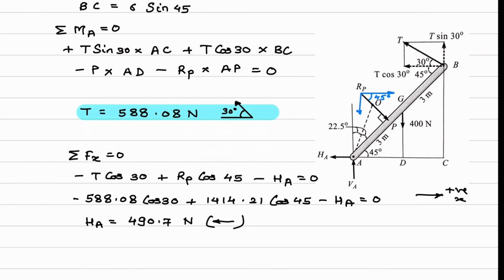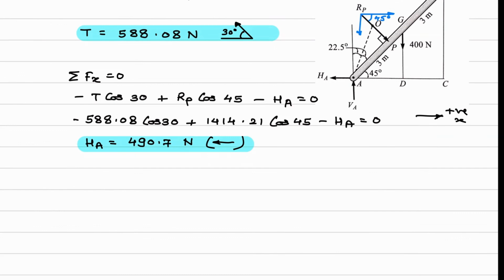Okay, now when you are solving, you can try this out later on, you can take this direction towards right, and when you take this towards right, HA will come out negative when you calculate it. So our assumed direction of right side is wrong and HA will be towards left. That way you have to write down the final answer. So this is HA. So this will be one answer.